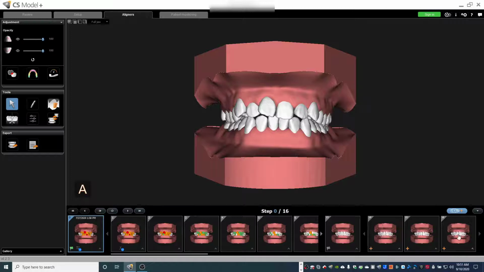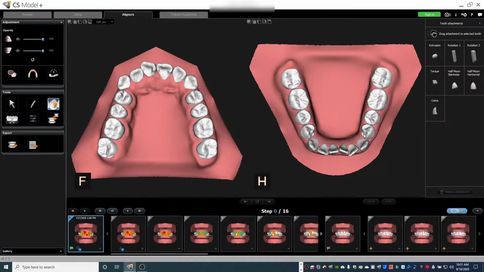It'll also generate these usually three, what they call hypercorrection or overcorrection steps, especially for those difficult movements. Of course, sometimes they don't always turn out the exact way we want. So these will kind of overcorrect automatically without you having to build that in. So these are our steps, and the next thing that I'll do is show you how to do